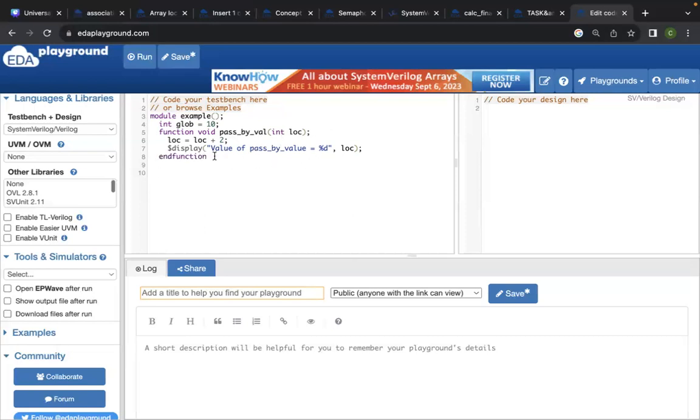And the same we will take for pass by reference. Int local. So here we need to put the reference, int local value. And here we can take the pass by reference value. Next,